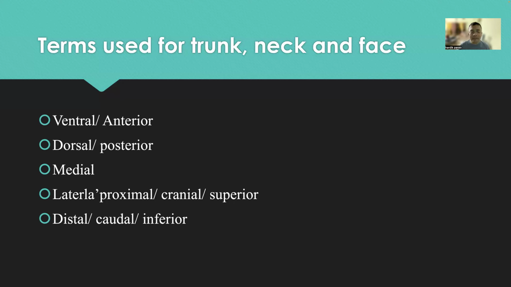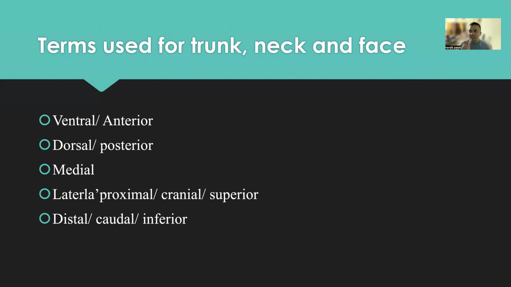Then you have proximal, cranial or superior. Proximal which is upper part, like towards the center. Cranial is like head area, और superior मतलब ऊपर की तरफ का। तो जो भी structure trunk, neck और face के, they are like close to the head end of the body, जो हमारे सिर के नजदीक है, उस structure के लिए proximal, cranial या superior, इधर you can use proximal term, या फिर आप cranial की तरह उसको बोल सकते हो, या फिर superior भी बोल सकते हो। Same, उसका opposite होगा distal, caudal और inferior।